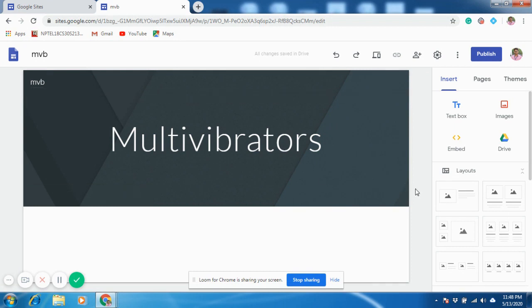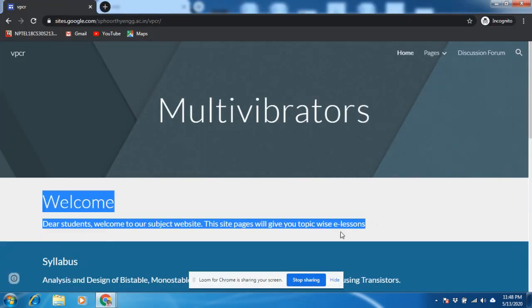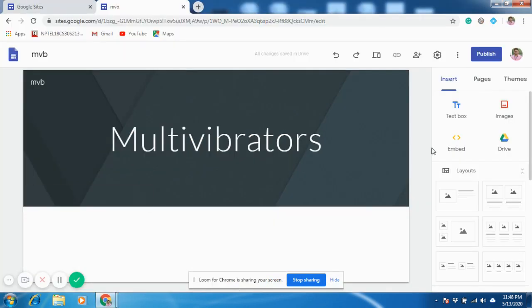Okay. So now we need to add some text like this, a welcome message. So I'm copying this content. Let us use a text box. You can click here, or you can double click on the screen so that you will get this circle.